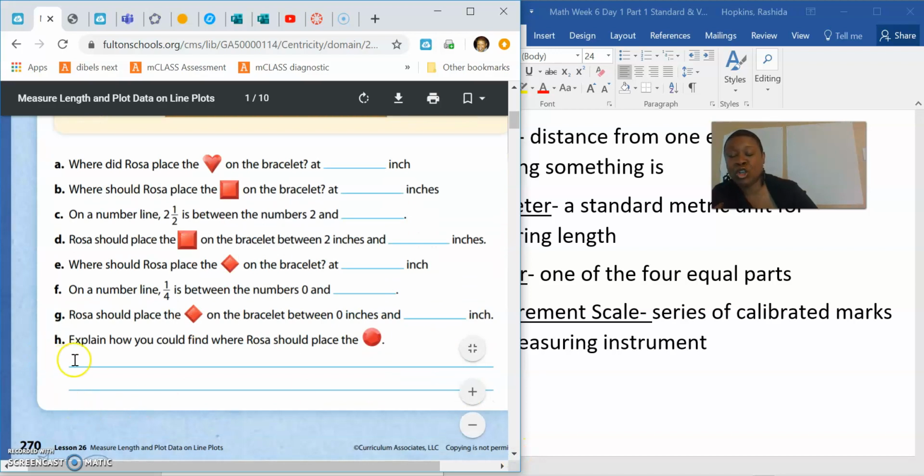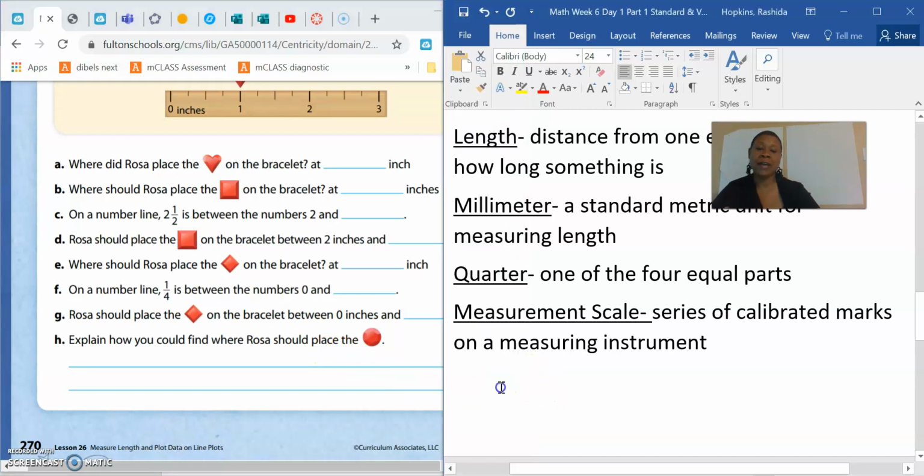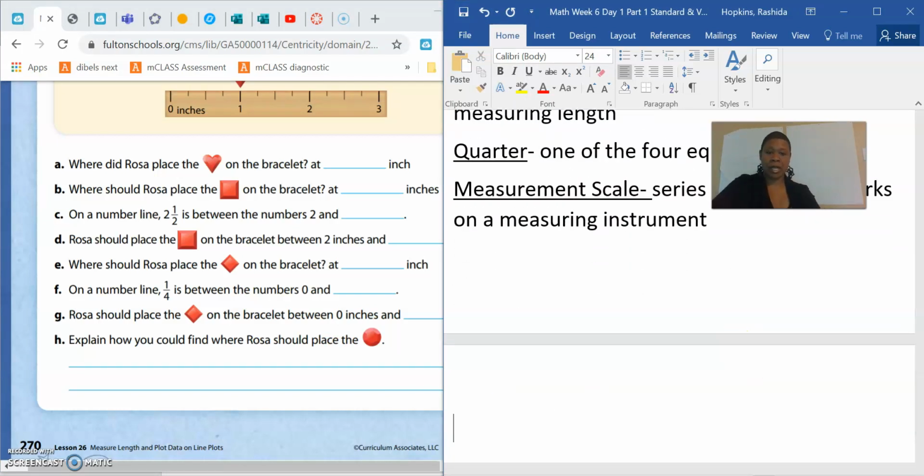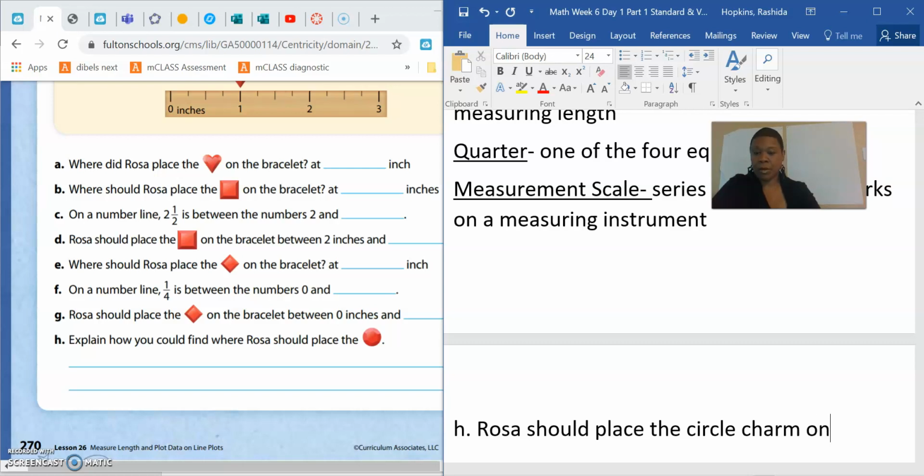So I would say use part of your question in your response. Explain how you could find where Rosa should place the circle. And over here you're going to write, let's go down. That's letter H. And start your sentence off with the capital letter. Rosa should place the circle, you could say charm if you like, on